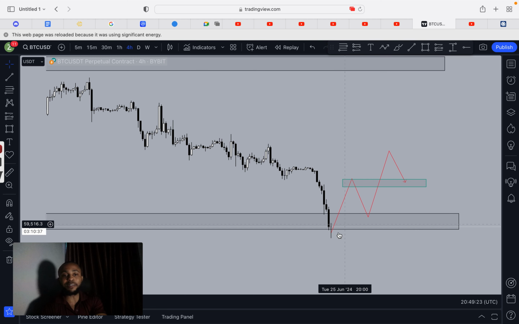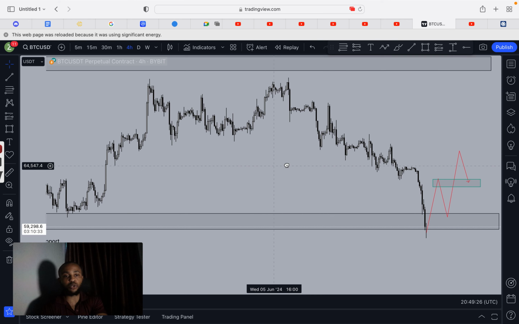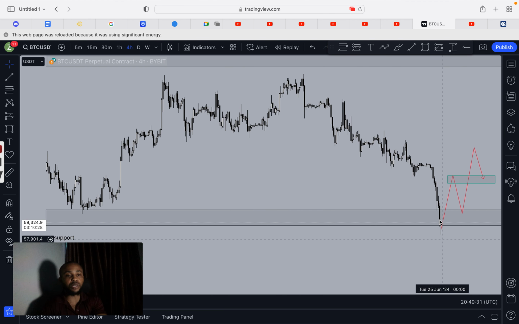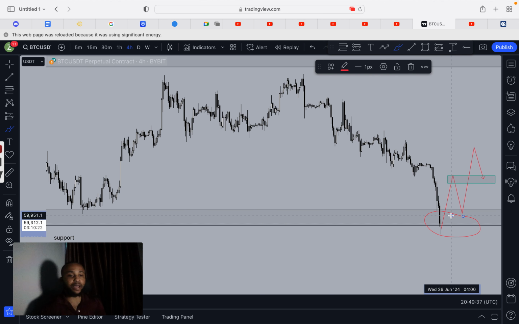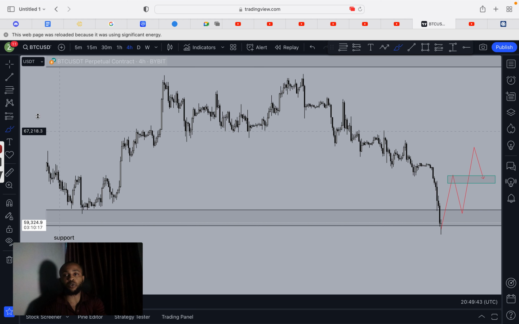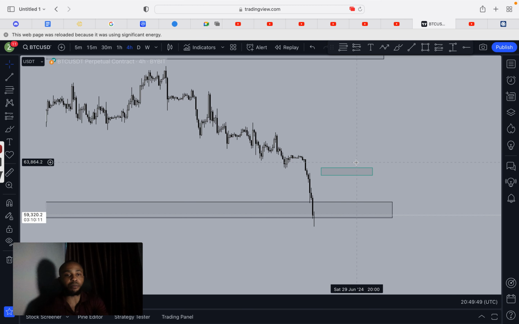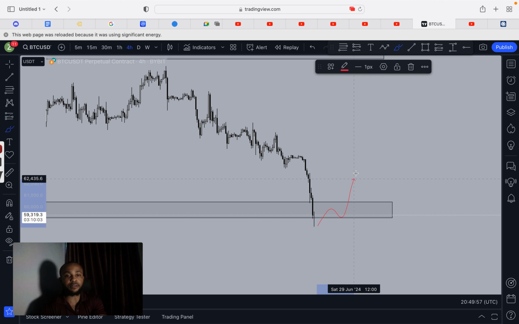I want to see a reversal from this point, because as you can see, we've actually sold off into the support level again. So I want to see a reversal from this support level here. I just hope we get it anytime soon, but I just want to see what price is going to do at this level, and the pattern that is going to be developing at this support zone. So we just need to be patient. At this point, nothing is developing on Bitcoin. Once the pattern starts developing, let's say we start seeing something like this, then we can be looking to take a buy.